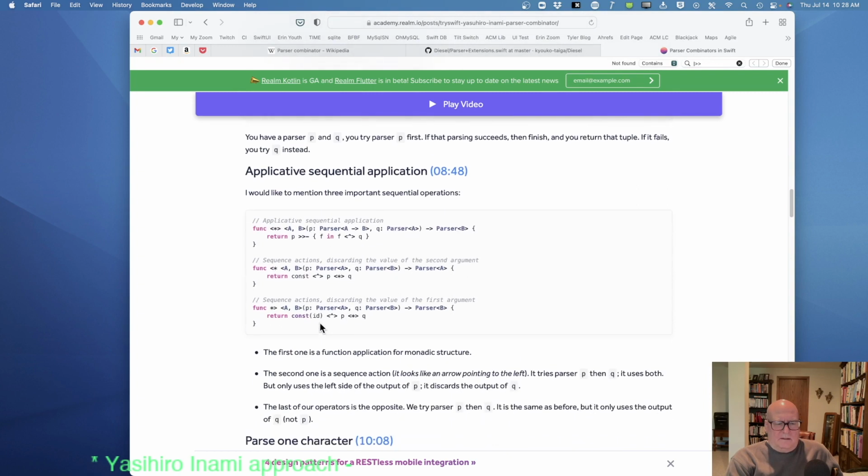So const. I don't know what that ID is. That just doesn't make any sense. Is it the function ID?